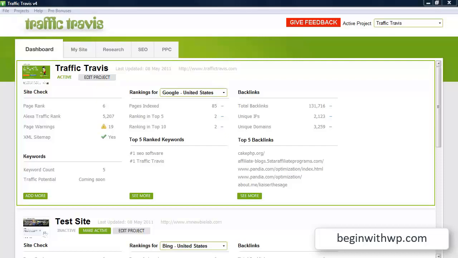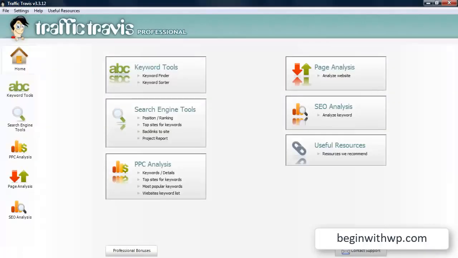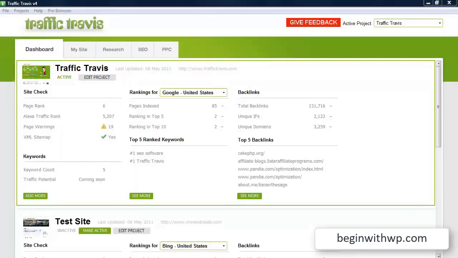Right now what you're seeing is the dashboard or the interface of Traffic Travis. It's been changed considerably from the previous version. I'm just going to switch over to the previous version for you to take a look. This is what the previous version looked like, and previously it was split into different components of functionality in terms of like keyword tools, SEO tools, and so on. But here in the new version, you can see that it's coming from a different perspective, where it just gives you a project overview first, and then brings all the tools together in terms of how it relates to your